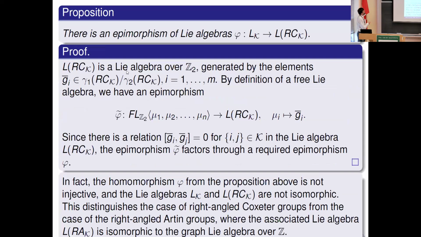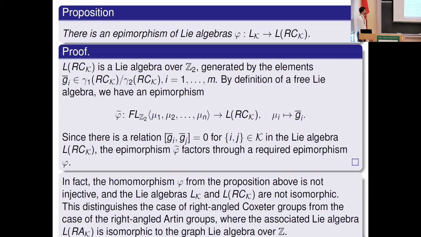There is an epimorphism of Lie algebras LK and LRCK. LRCK is a Lie algebra over Z2 generated by the elements g_i with a line, its conjugacy class in this factor. By definition of a Lie algebra, we have this epimorphism mu_i to g_i with a line. Since there is a relation for each edge in K in the Lie algebra LRCK, the epimorphism factors through a required